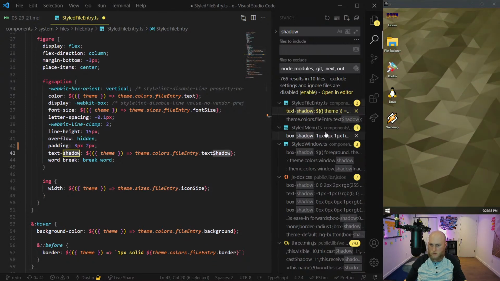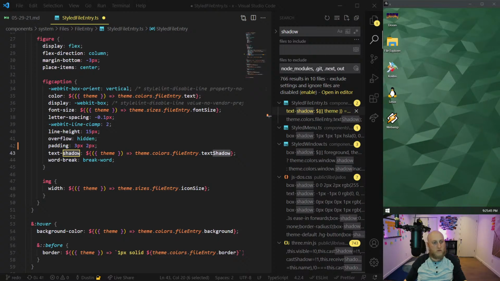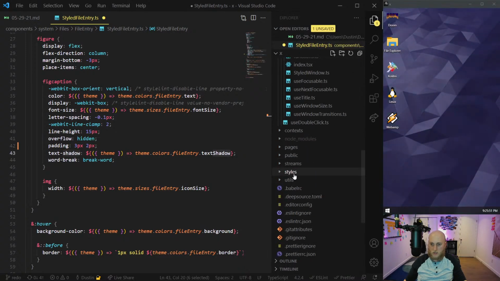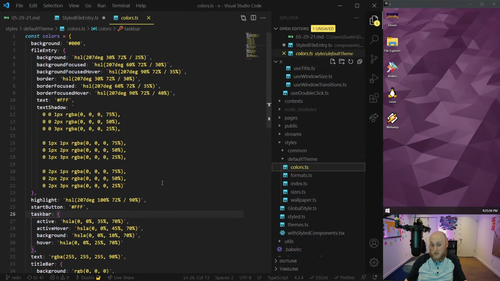I've lost what file that was. That's in the theme, of course, right? Sometimes I forget what I've put in the theme and what I've been too lazy to move. Eventually it'll all be in the theme, and it'll be very easy to know where that kind of stuff would be. And it's a color, I guess, the shadow, sure.